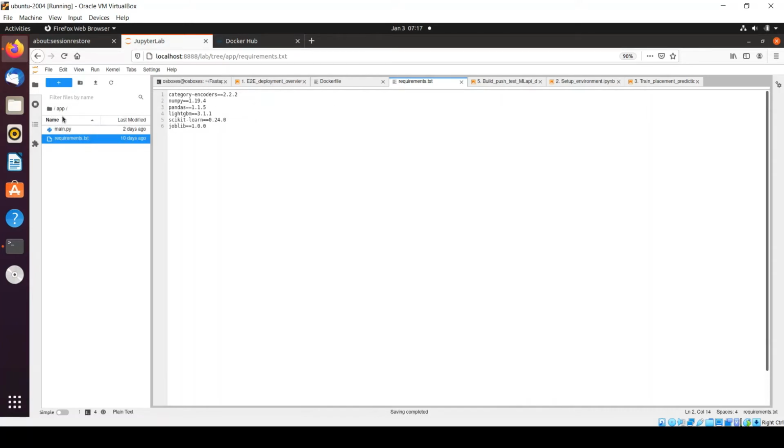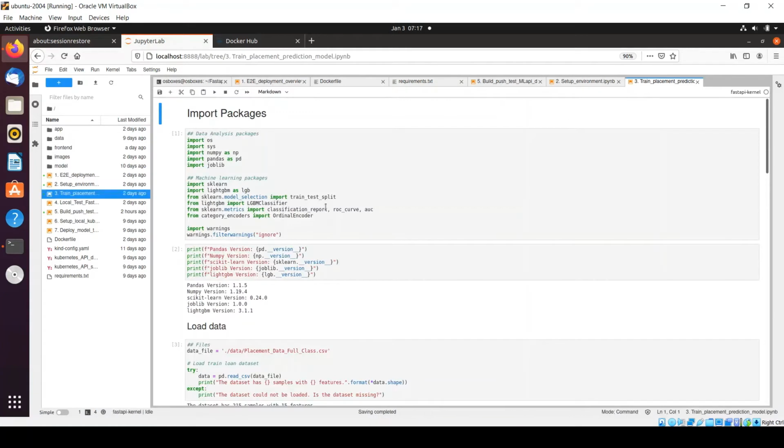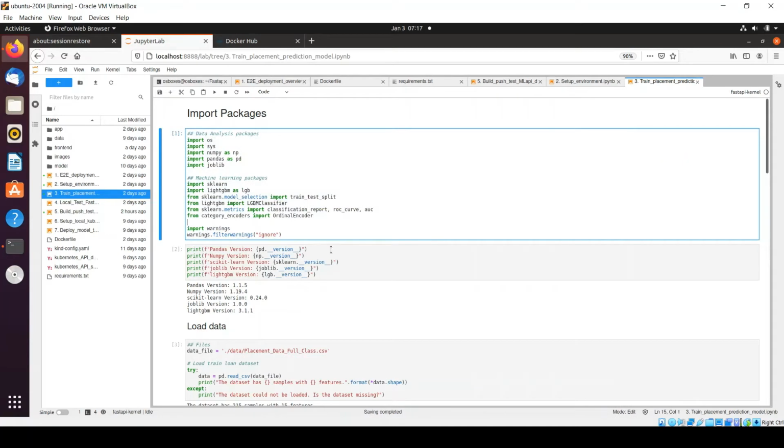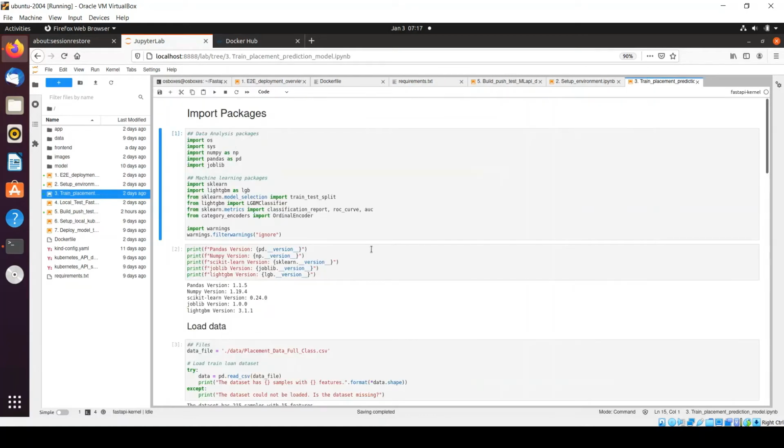As we have seen in my last video, where we had built a machine learning model with the help of LightGBM and all the Python based packages, that's what we are using here. If you look, we are using LightGBM, categorical encoder, NumPy, Pandas, scikit-learn, joblib. And that's what we had used during our model building process. If you haven't seen my previous video, I will provide the link in the description below.